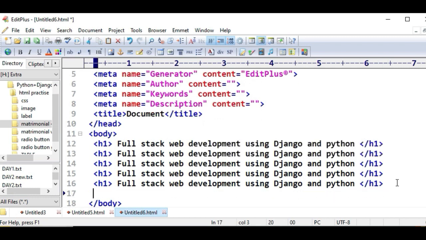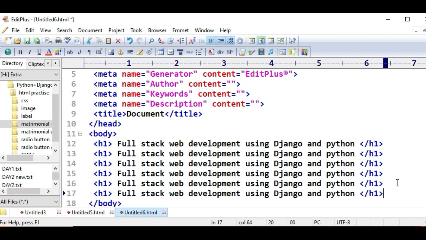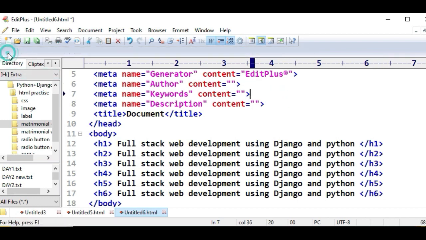We replace it by h2, h3, h4, h5, h6. On the closing tag also we have to replace 2, 3, 4, 5 and 6, that is the last tag. As soon as it is complete, we are going to execute.